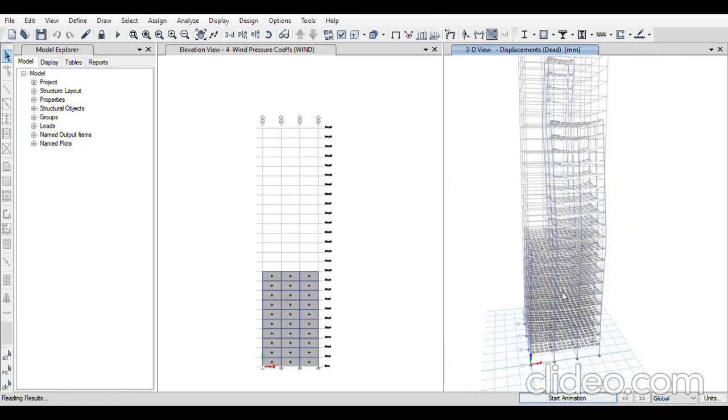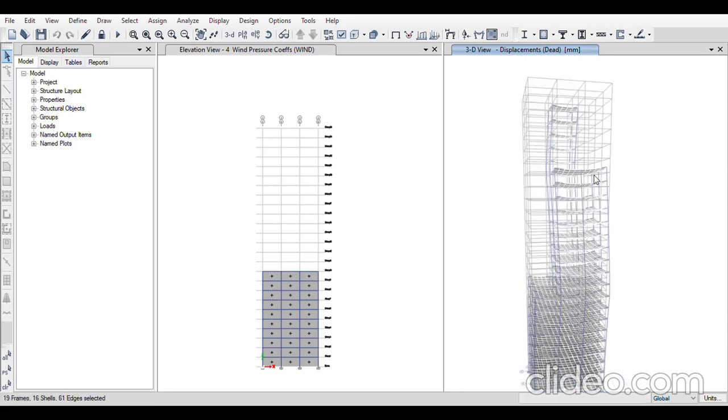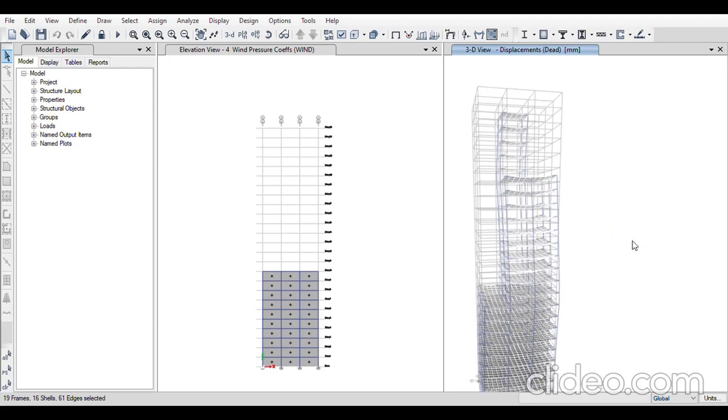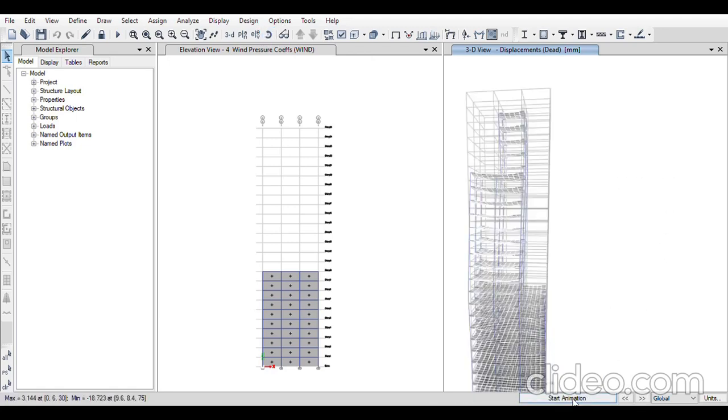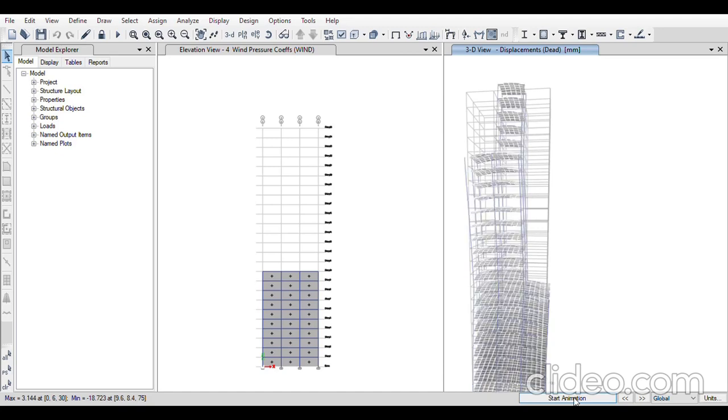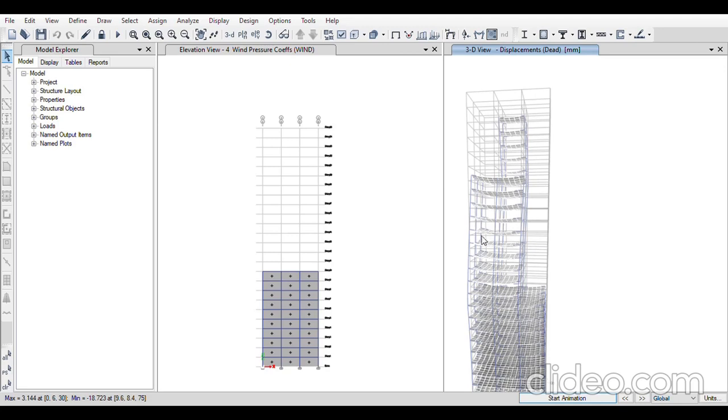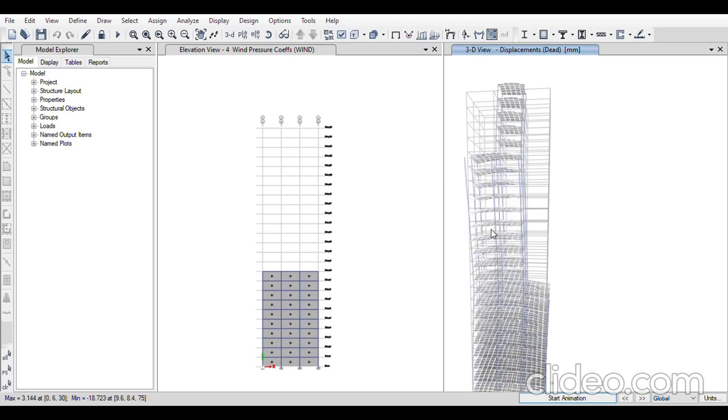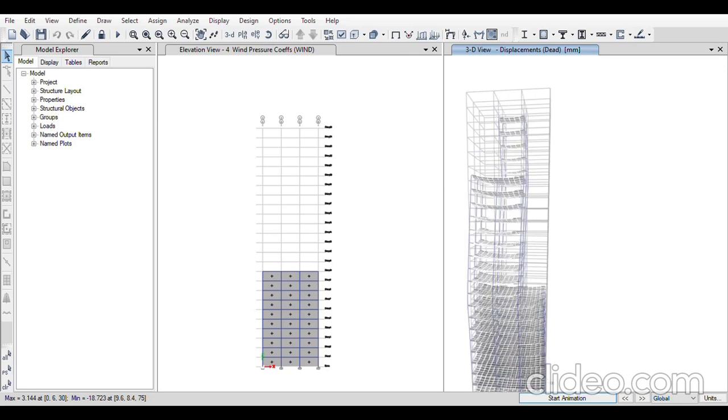You can see the animation. Rotate it. This is how the deformation occurs due to the wind load. Now I'll click on stop animation.